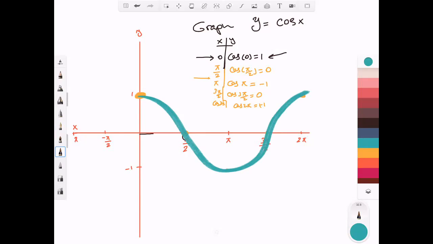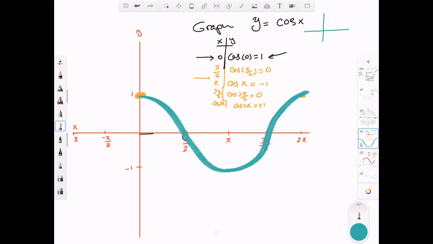So that's the way cosine x looks like. If you have x and y, the graph is going to go like this. There's 1 period. For the sine, we learned it is like this. I know you guys like sine more because it's more